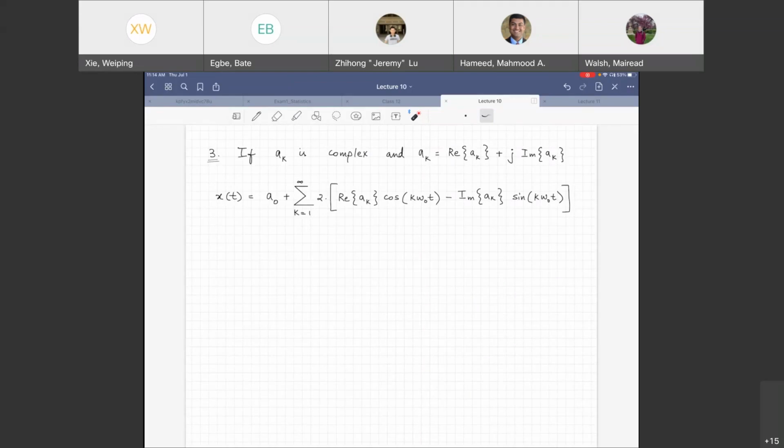Take a signal, project it onto a bunch of orthogonal functions. We considered them to be a set of complex exponentials. It was convenient because it was easier to find A sub k. Why was it easier to find A sub k? Because when you multiplied to find out A2, there was only one term giving you a non-zero result. Everything else was canceling out.